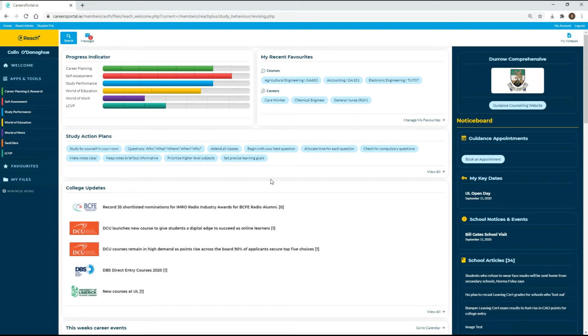Okay, so you'll notice that your school logo is up on the right hand side underneath your school name. This button here will bring you directly to the guidance counselor website that your guidance counselor would have set up. In this area here we have the opportunity to book appointments to meet our guidance counselor. So if I click on this button,